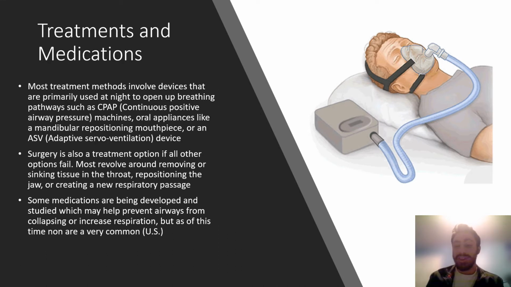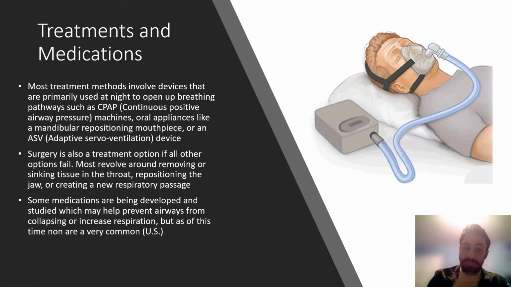One of the most common things that people have with sleep apnea is a CPAP machine. This stands for continuous positive airway pressure. You can also get other oral applications, like things that go over your nose or mouth that expand those airways. Essentially, all these devices are doing is helping a person open up those airways and constantly perfuse air into their body so that they don't ever get to the point where they are lacking oxygen or air.